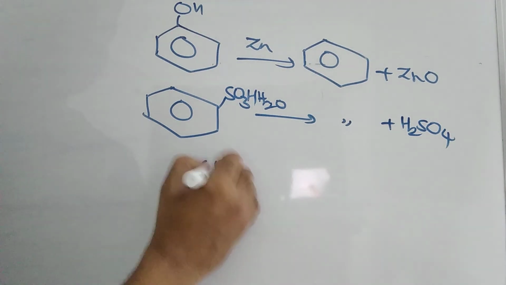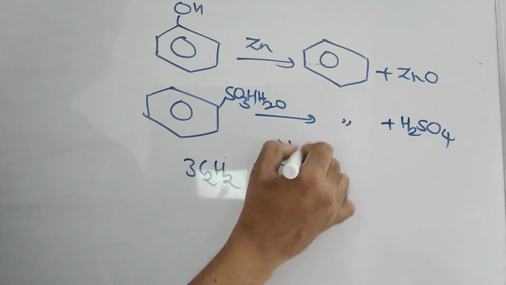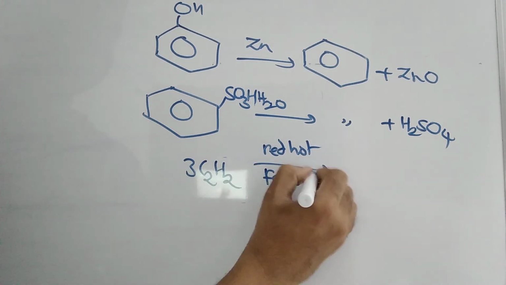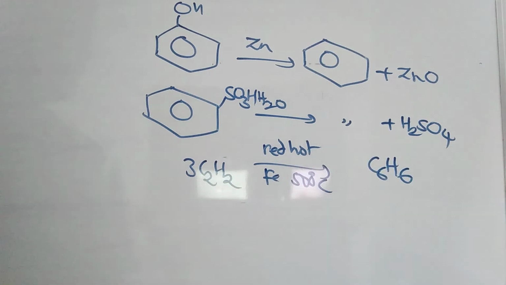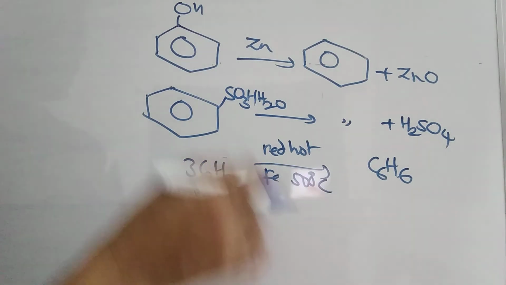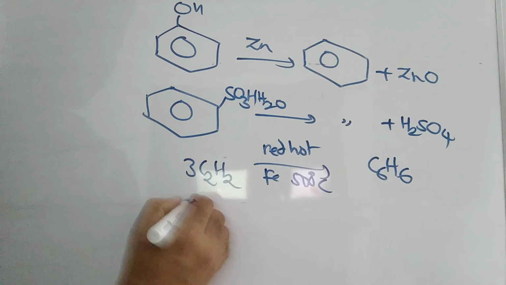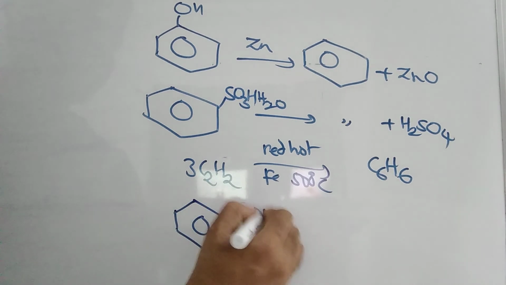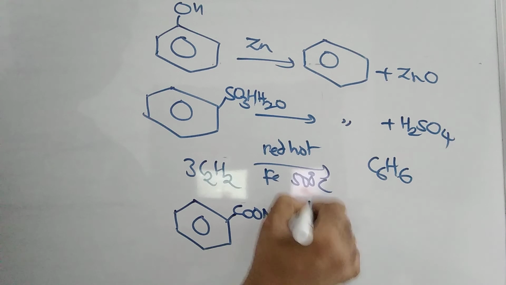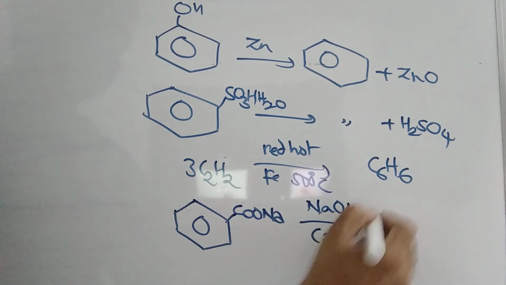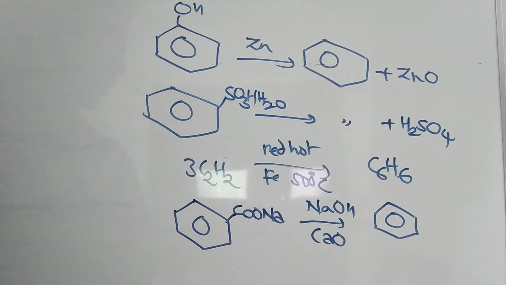We know a very special reaction of acetylene: when it is passed through red hot iron tubes at 500 degrees Celsius, it gives benzene, C6H6. Regular, routine, important reactions. You can take sodium benzoate, COONa, when treated with NaOH and CaO, a decarboxylation reaction, to get benzene. And from benzene diazonium chloride also, as we were discussing in the first question, when treated with H3PO2, you will get benzene. These are the regular important reactions of benzene.